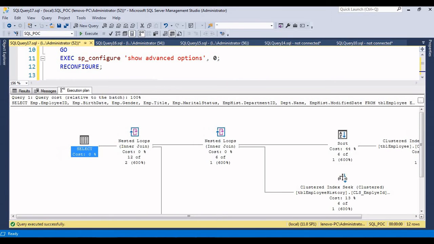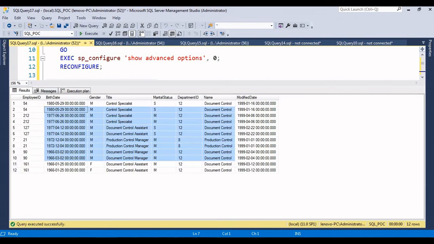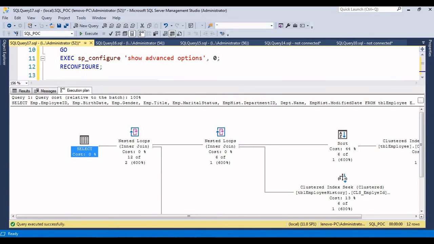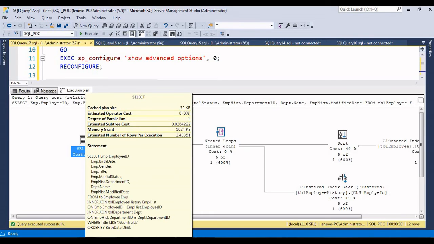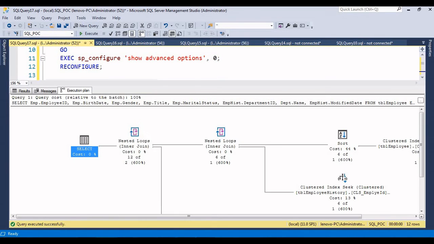So likewise we can set these two options, cost threshold for parallelism and max degree of parallelism. Even we can place the mouse over here and see how much memory has been granted, what the estimated subtree cost is, all the options we can see.